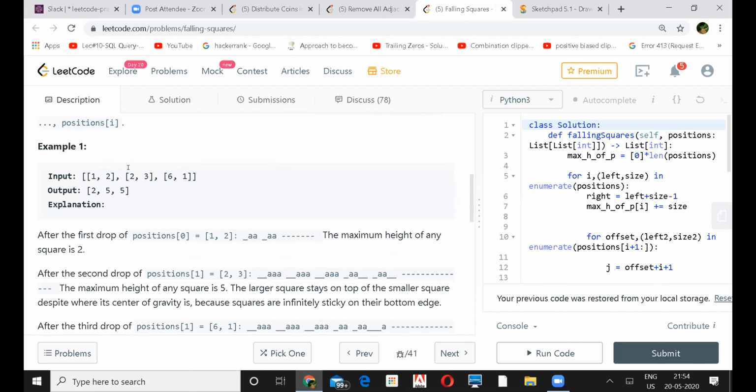Take an example. Say the first drop is at 1 and size is 5, okay, 6. And then the second drop at 4, and size is 6, and now the third drop at 2. Then it will fall on the first. But when we sort it, the 2 will come before 4. Yeah, that's not going to work.